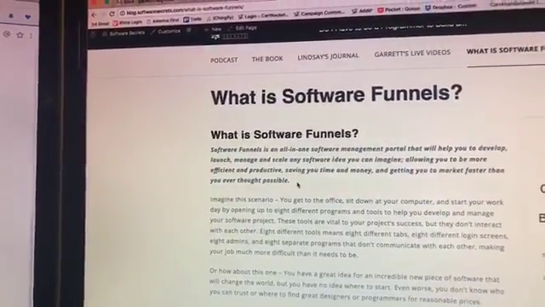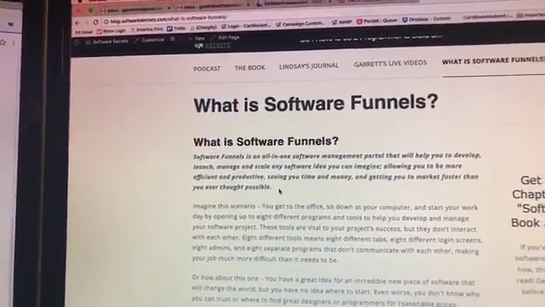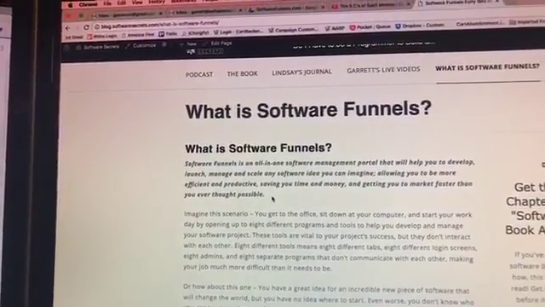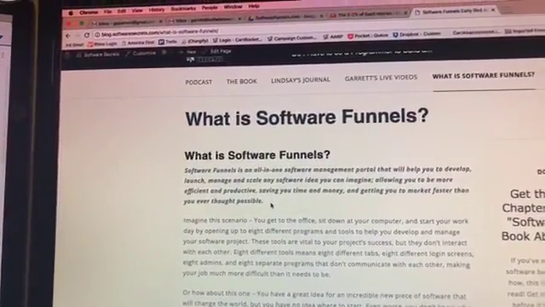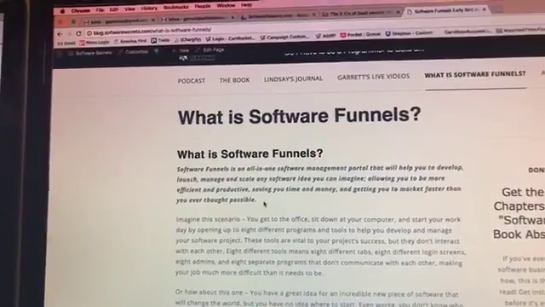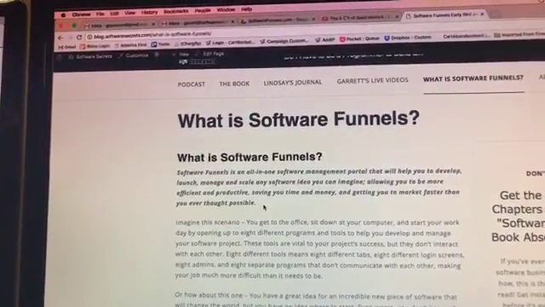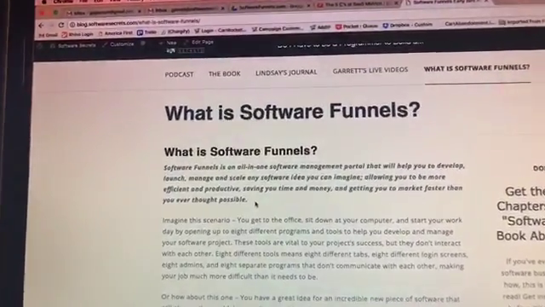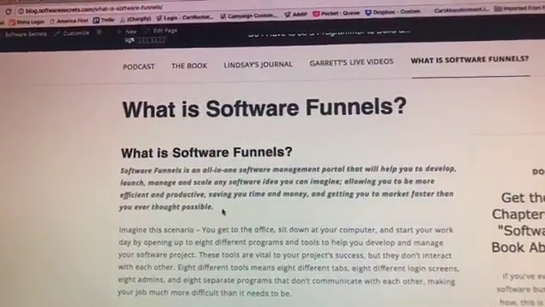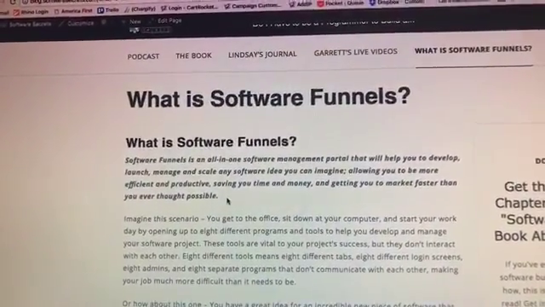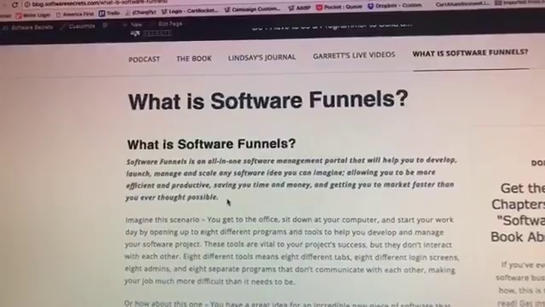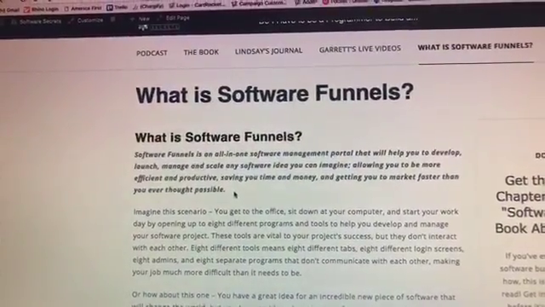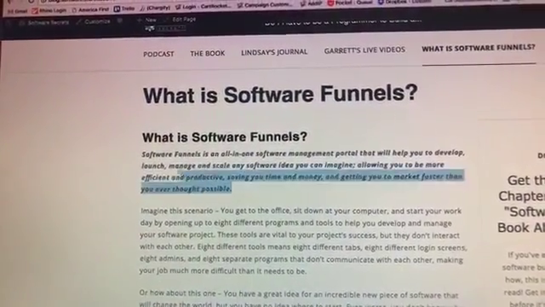So software funnels is an all-in-one software management portal that will help you to develop, launch, manage, and scale any software idea you can imagine, allowing you to be more efficient and productive, saving you time and money, and getting you to market faster than you ever thought possible. So this is what we came up with,